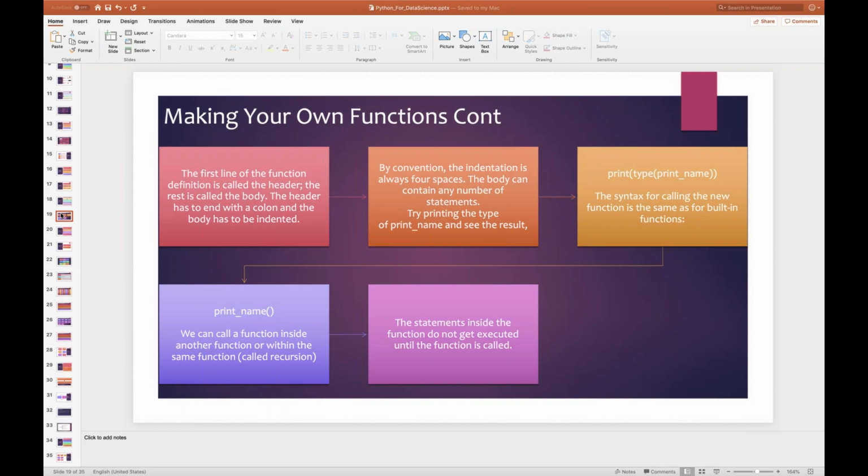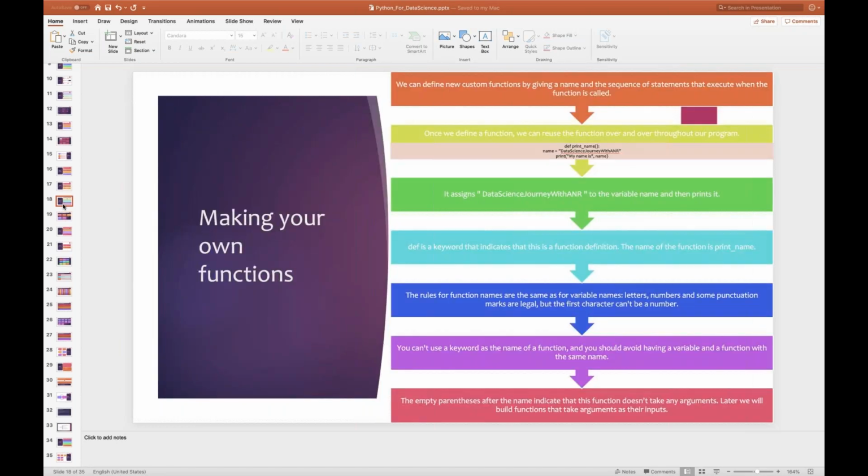Once the indentation starts, that means the block of code starts. In that block of code, you may have 5 or 6 statements. Python will first complete the code of that block and then jump to the second block. That's very important. Next one is also very simple. I will explain how making your own function works and how you can define your own custom functions by giving a name and a sequence of statements in it.